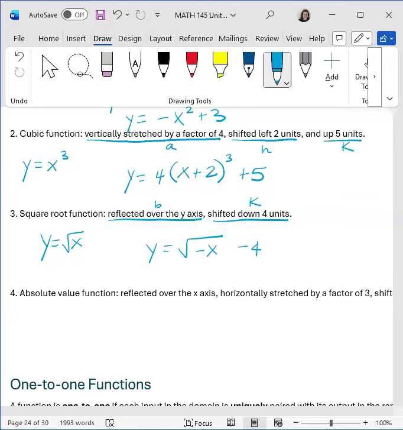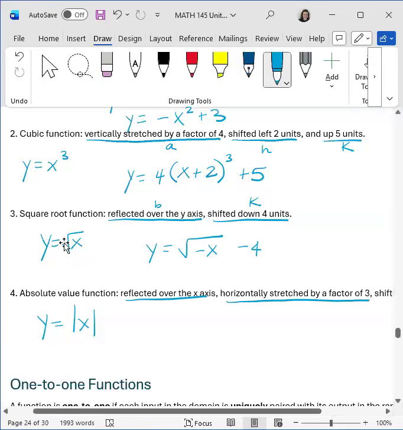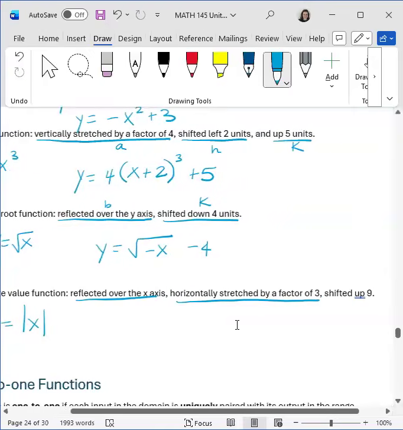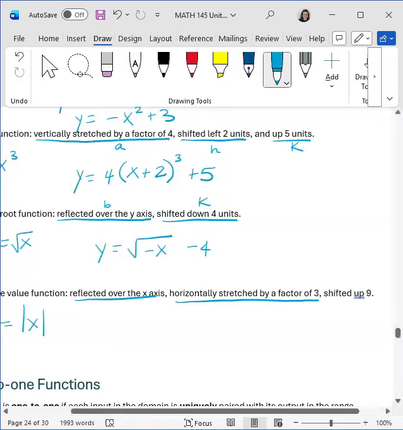All right, and then the last example for transformation, we have the absolute value function, which the parent function looks like the absolute value of x. We're reflecting it over the x-axis. We're horizontally stretching it by a factor of 3. And we're shifting it up